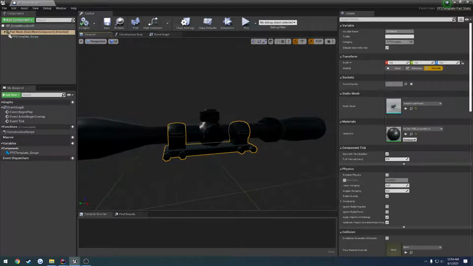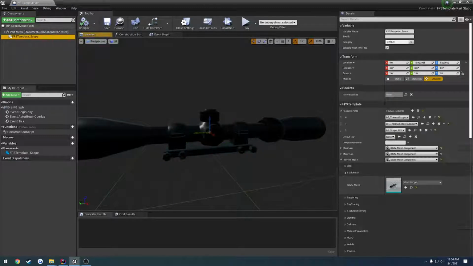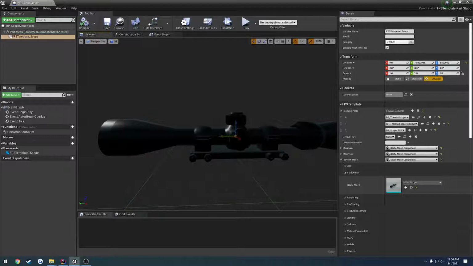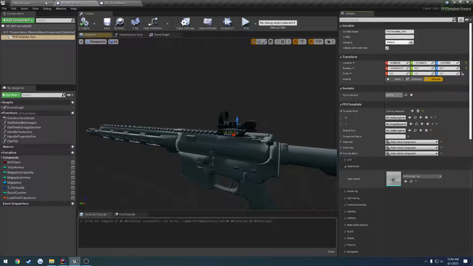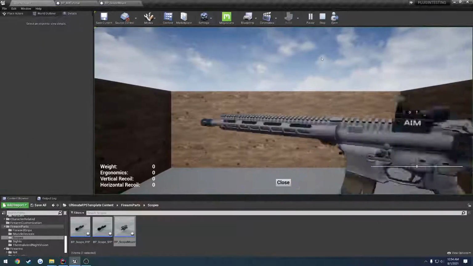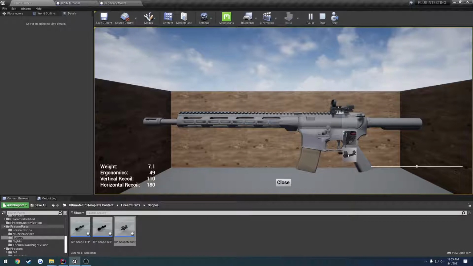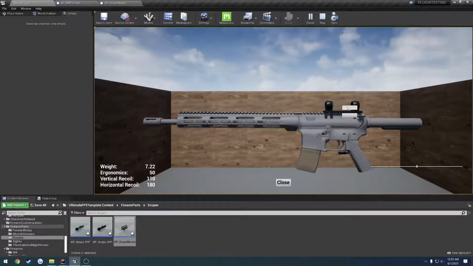So this is the actual scope mount right here. Then we have our part component, which is currently having a preview mesh of the scope. So that has the options for my different scopes right here. So it's a part component and a part component. So the result of that is now I can press play. I can click it. I can go down and add the mount. I can then see another button that pops up because the mount has a part component, and add the 3